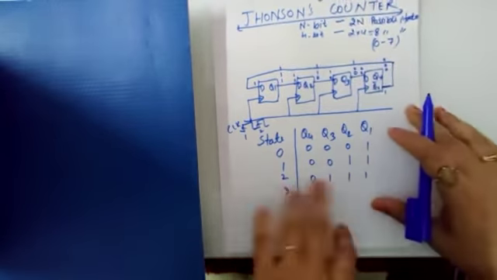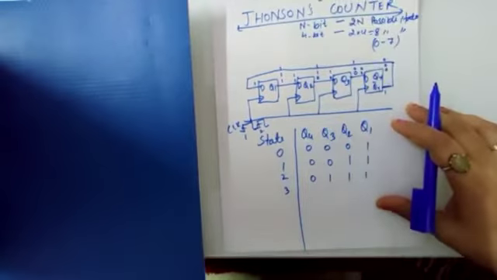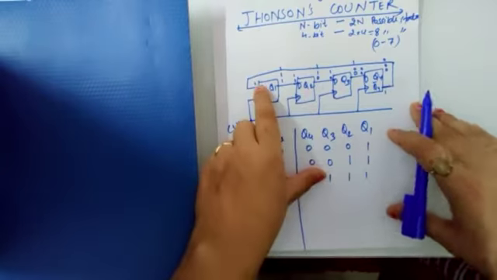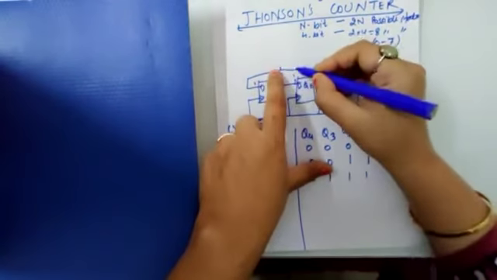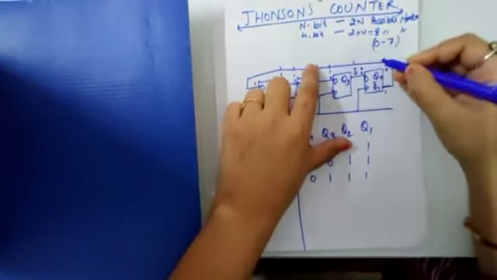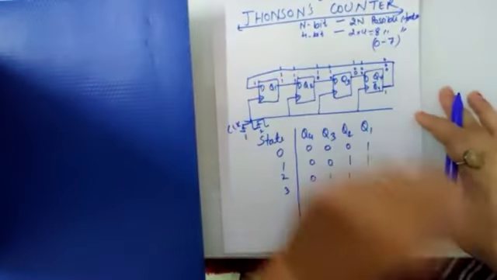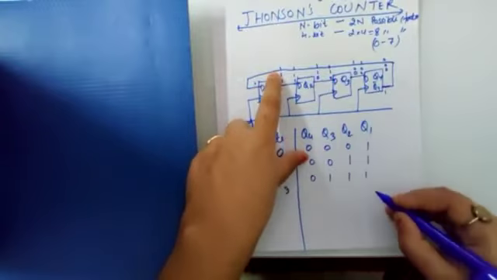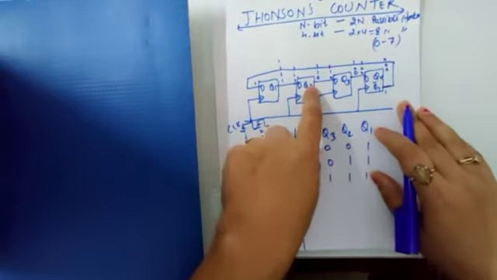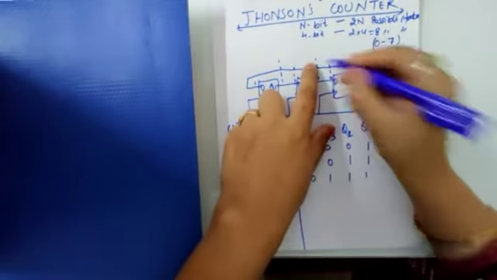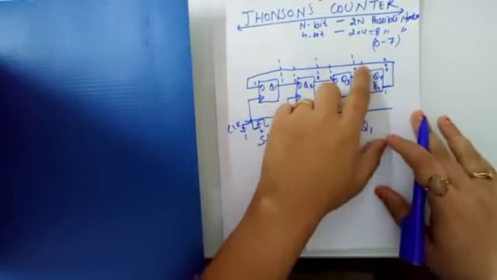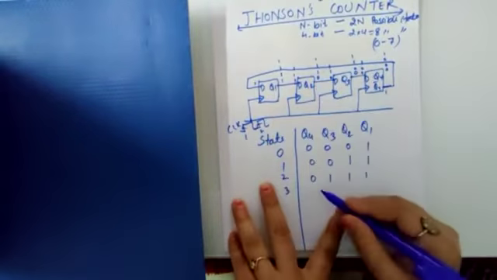Now we apply the third clock pulse. So before giving the clock pulse, again we have to get ready with the inputs. So Q4 is 0, Q4 bar is 1. So this 1 appears here. Q2 input is 1, Q3 input is 1, Q4 input is 1. So the outputs will be, this 1 comes here, so output is 1. Q2 input is 1, output is 1. Q3 input is 1, output is 1. Q4 input is 1, output is 1. So all the outputs are 1.